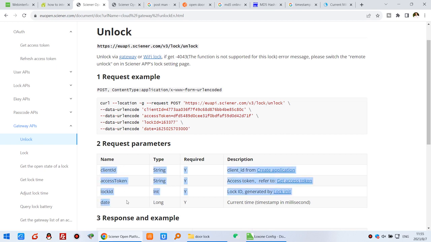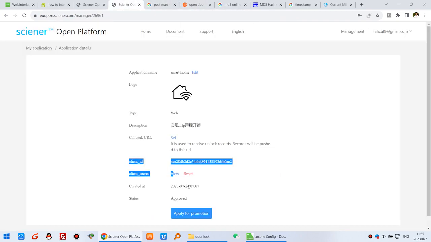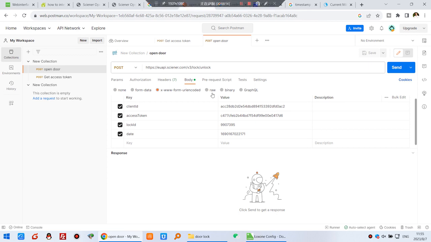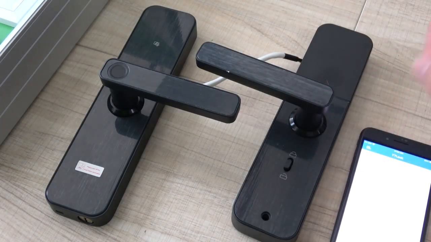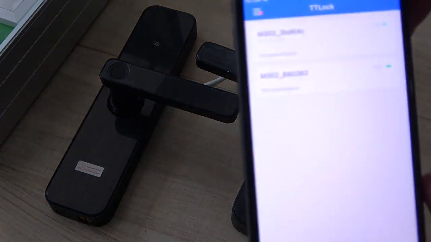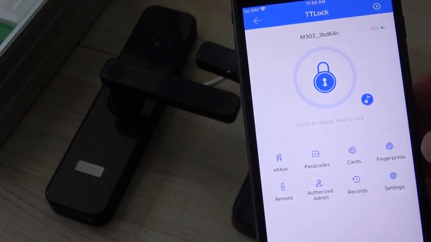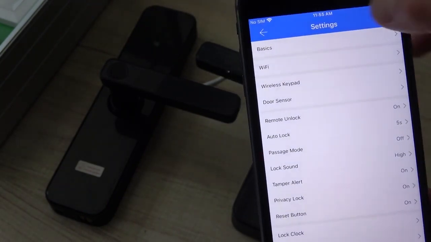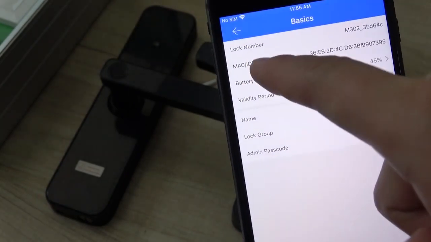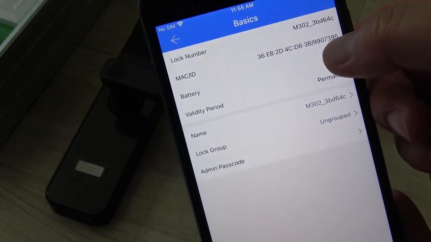How to find these settings? The client ID, you can see, we already have from this one, the client ID, and this access token, we can just paste, because we have already copied it, so I can just paste that here. And the lock ID, because each different lock will have its own ID. So you can see your mobile phone application. You can see here. Just click this one, and click this setting, and click this basic, and you will see this ID, that is